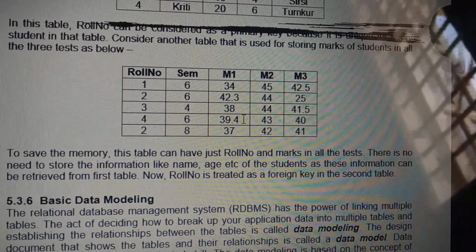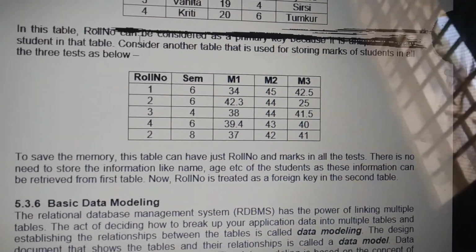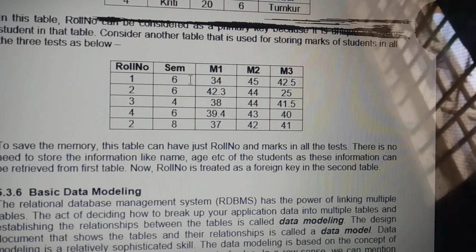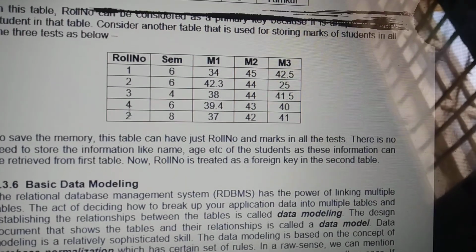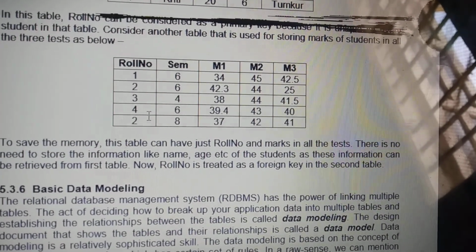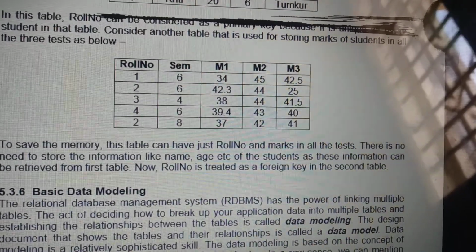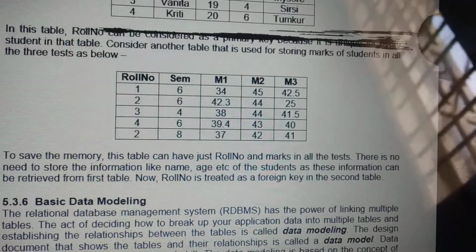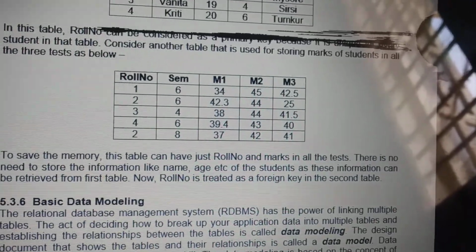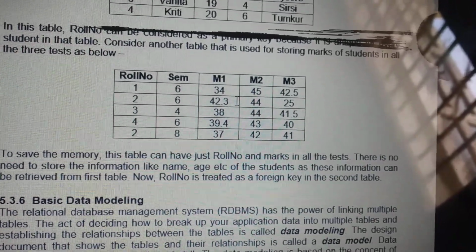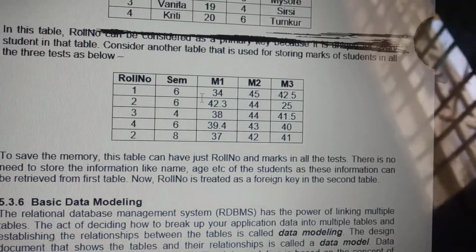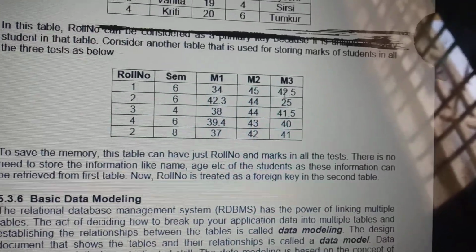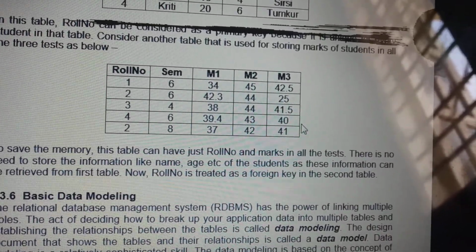Likewise, I told you it should have some constraint. So here it has a constraint that the roll number should not be repeated at any cost. Names can be repeated but roll numbers cannot be repeated. So Ram has M1, M2, M3, that is marks 1, marks 2, marks 3. Next Sham, marks 1, marks 2, marks 3.